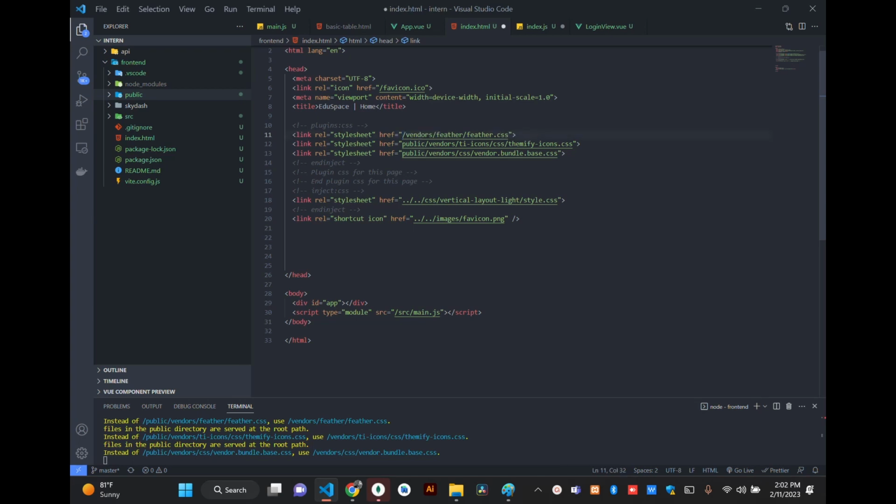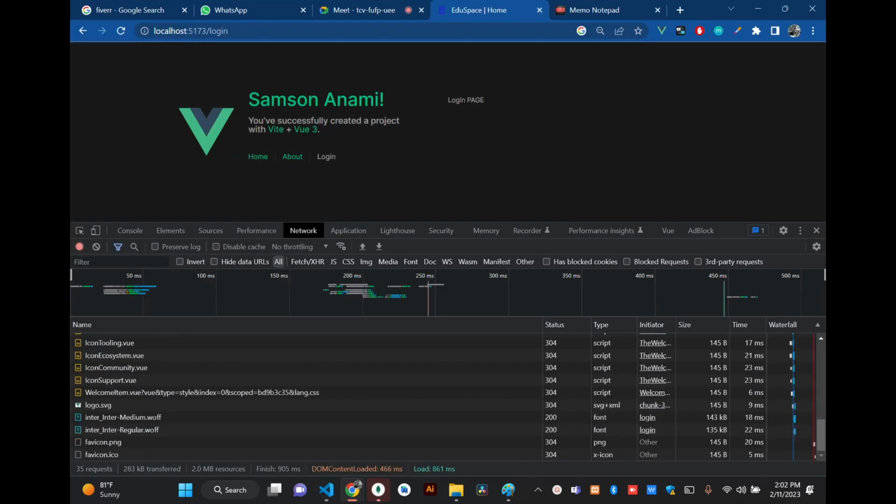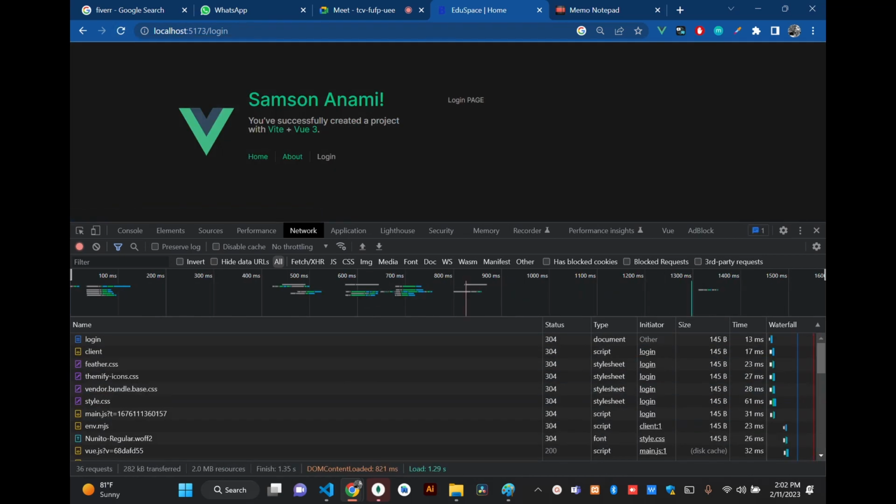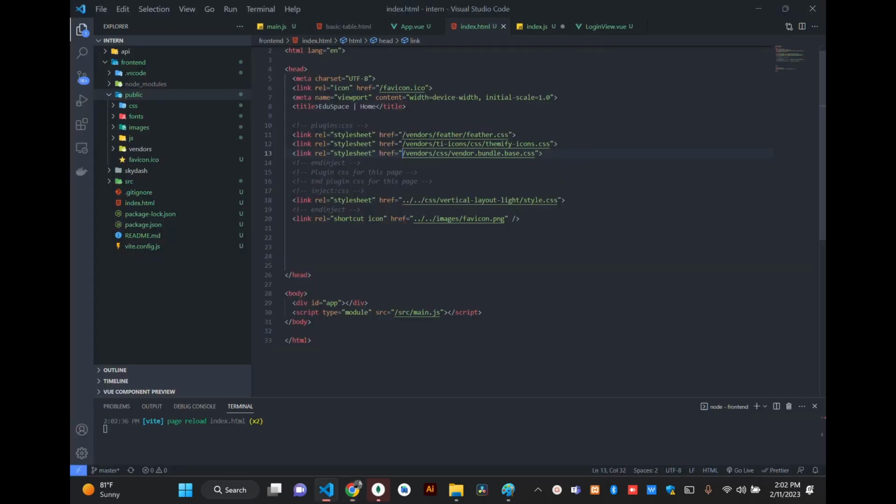That means automatically this app is loading at public. So we don't need to specify this public. We just need to say vendor slash something. You see it? The same way they have done favicon here is the same way we now need to call the rest, because favicon is inside the public folder. So we just say vendor slash that. Yeah, so this one is the correct way that you're supposed to have it. So inside that,